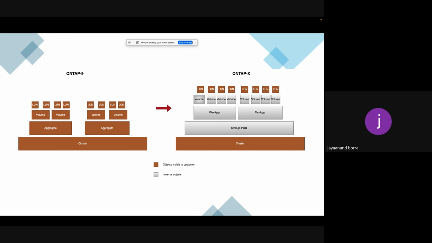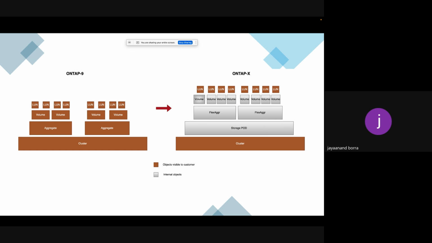Some of the objects present in the earlier OS are reworked and optimized. For example, instead of an aggregate, we have a storage pod, which is a virtual entity spread across all clusters. In a high availability configuration, we can have multiple clusters, and each cluster has its own aggregate,